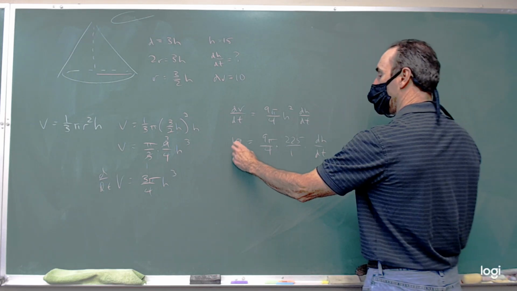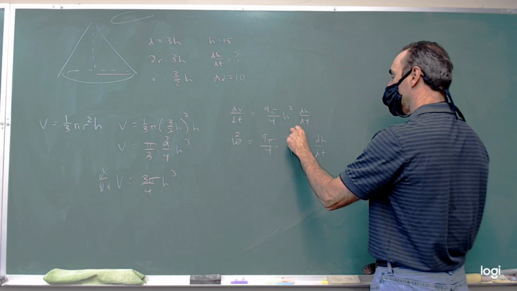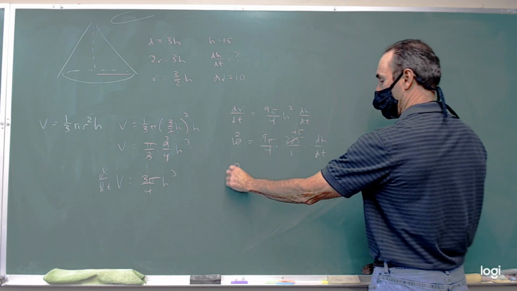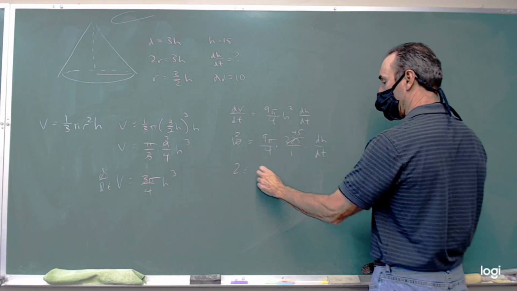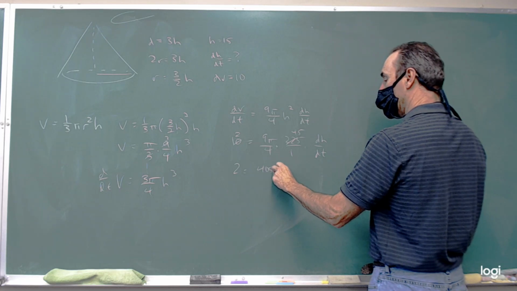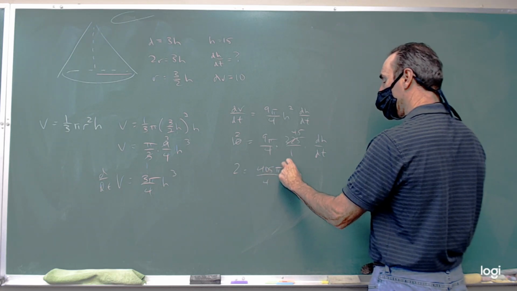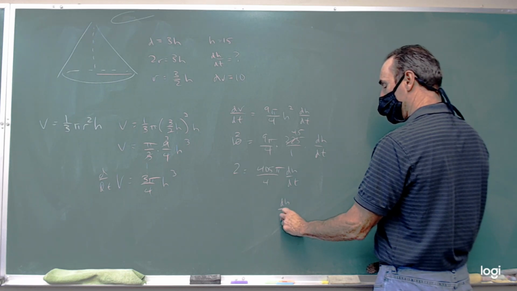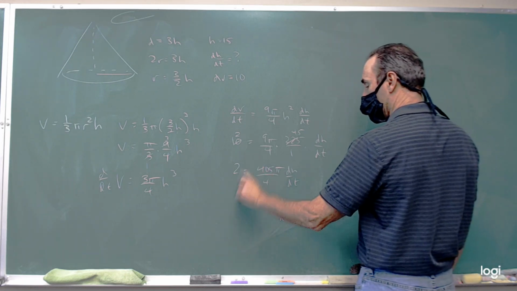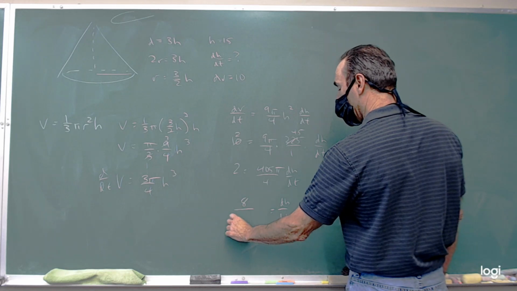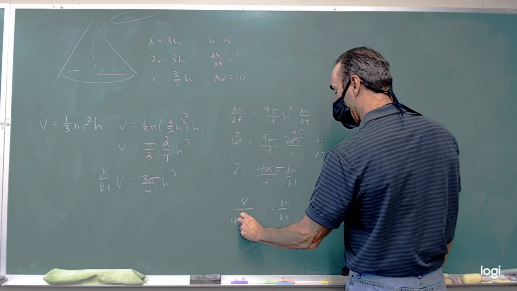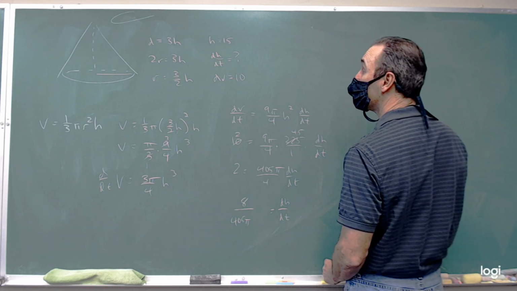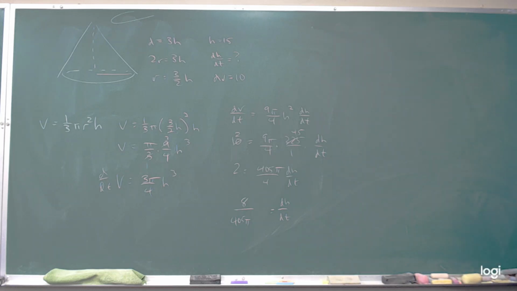If we divide both sides by 5, we're going to get 9 times 45 is 405 pi. So our dh/dt, multiplied by the reciprocal, is going to be... I don't remember what the units were, I think feet per